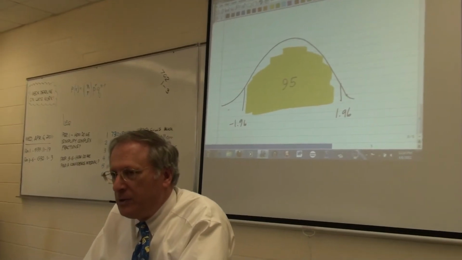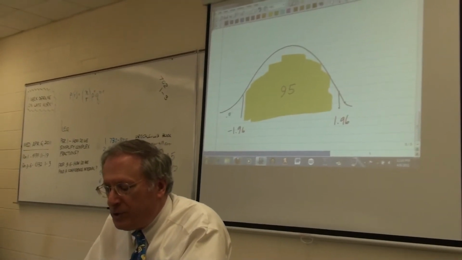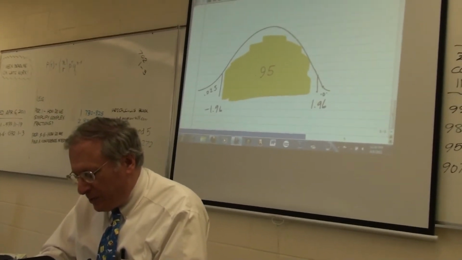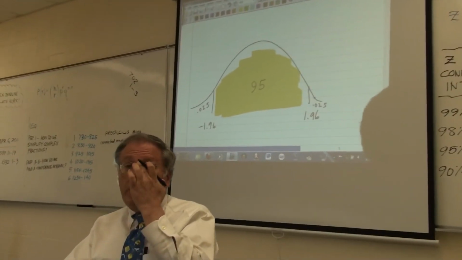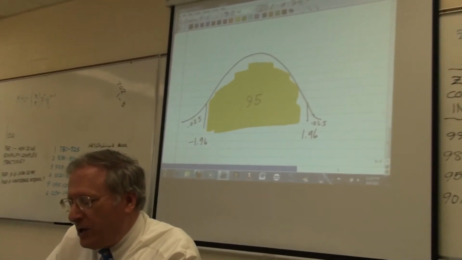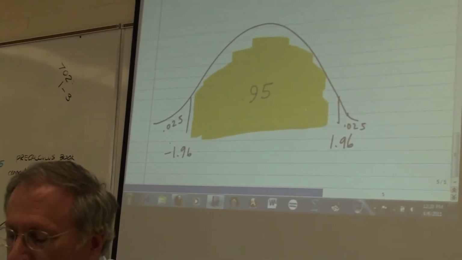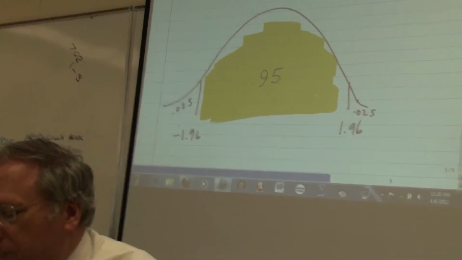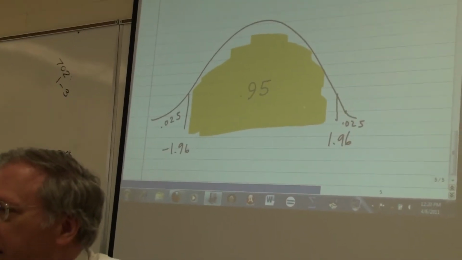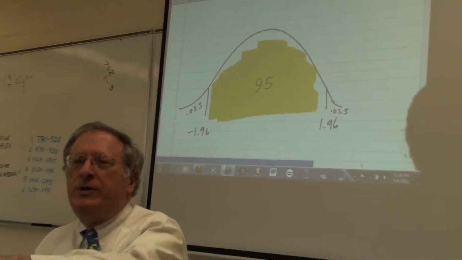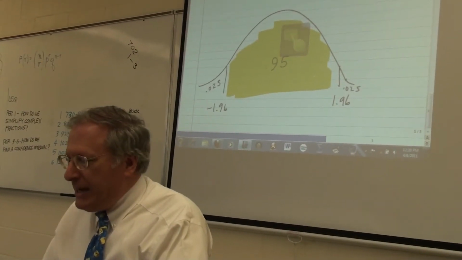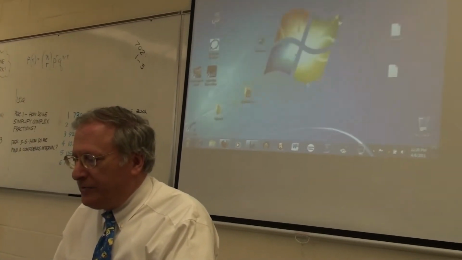It's going to be 0.025. Because it's symmetrical, it'll be 0.025 here. So basically what I want to do is find a way to go, instead of from negative 1.96 to 0.025, like you know how to do, from 0.025 to negative 1.96, and the procedure is, are you ready? You get out your TI-83 or 84,